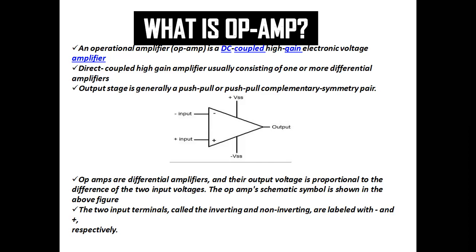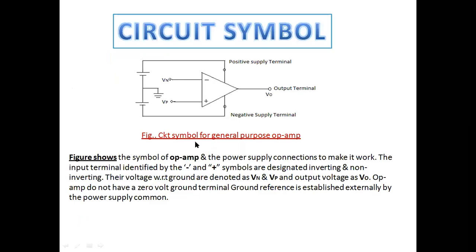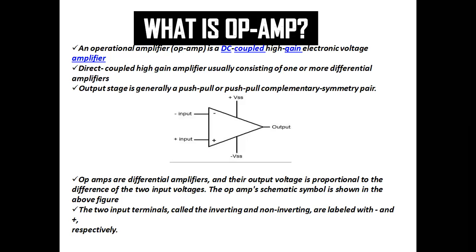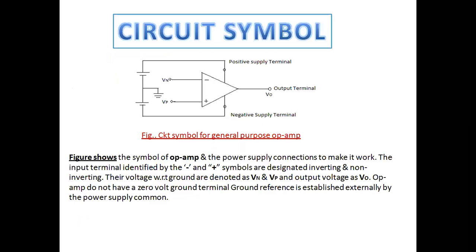Inverting is labeled with a negative sign, non-inverting is labeled with a positive sign. So this is the circuit symbol for the op-amp. This is the general purpose op-amp. We are supposed to study about differential, dual input, balanced. We will see